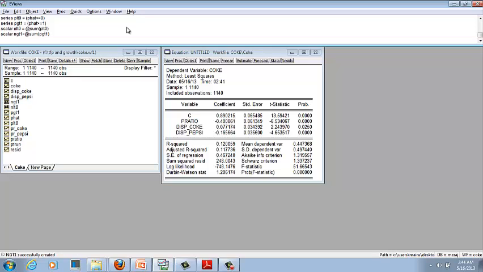Now we check our two scalar variables. The first one is the observations having greater than 1 probability, so we check the NGT1. It has 0 values. Now we check those observations having probabilities less than 0, so that is 16 observations we have.